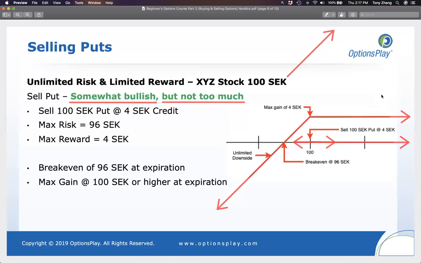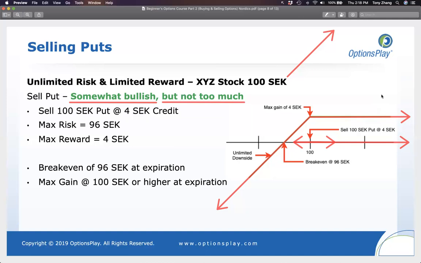That's why when you're selling a put option, this is what we call somewhat bullish, but not too much, because if you are really bullish on this, you're better off buying that call option. So it's really important to understand the distinction between saying quite bullish by a certain amount versus saying somewhat bullish but not too much, even though these are both bullish strategies. So it really just depends on your outlook on